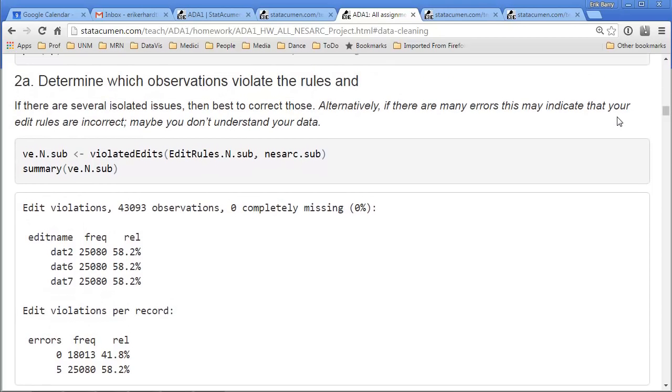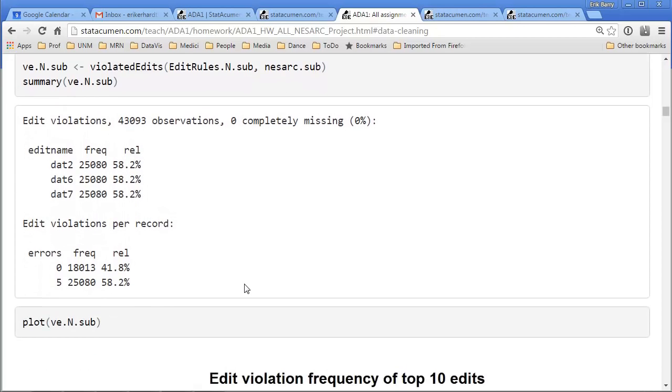In my case, I've got some violations in my data, where actually 58% of the data violate some of these rules. DAT2, 6, and 7 are the major culprits, and they all have the same